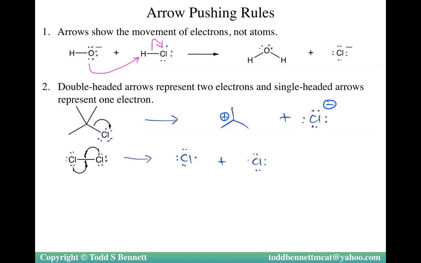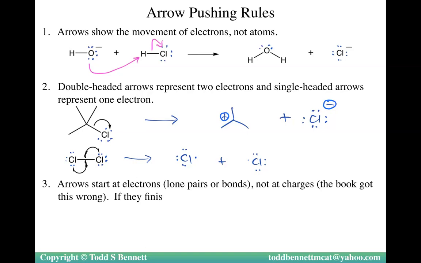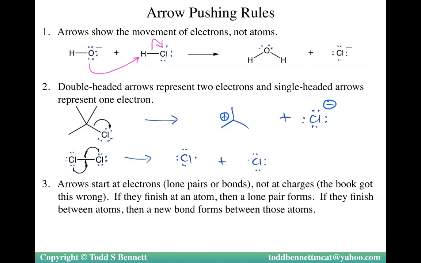So it's going to go from here to there, but it's only 1 electron. That's why you see 1 dot here, 1 dot here. So 2-headed arrow becomes charges, 1-headed arrow becomes free radicals. Arrows start at electrons, and they move to an atom, or they move to the middle of a bond, but